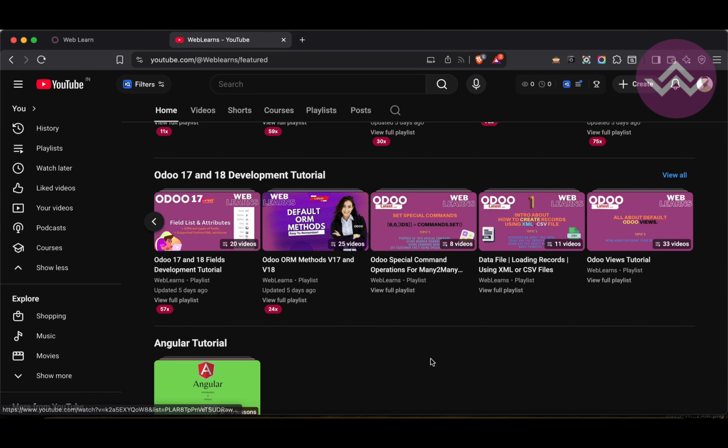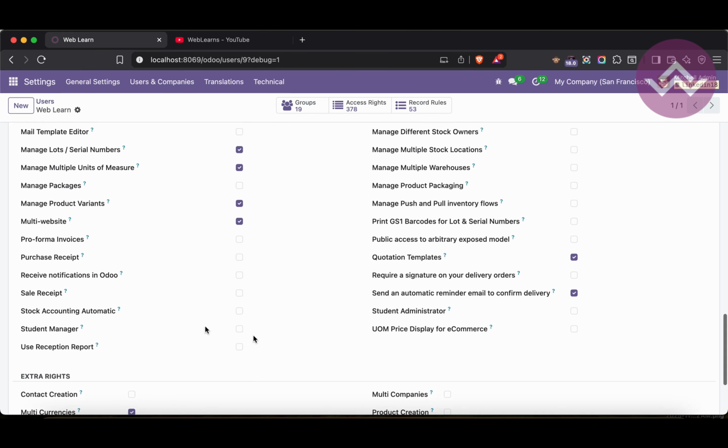Let me close this, and I'm going to upgrade this module using the PyCharm terminal. Once I start it, it will automatically upgrade the module. Let me refresh the page, and we have to wait for the module upgrade. All right, let me close this pop-up. Let me go down here. So you can see we have a student manager, we have a student administrator, and we have